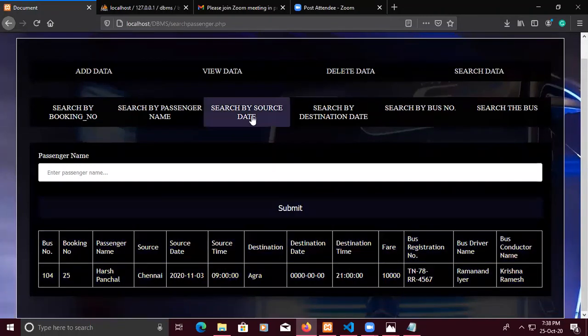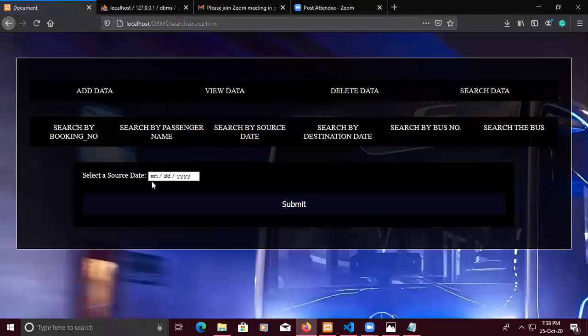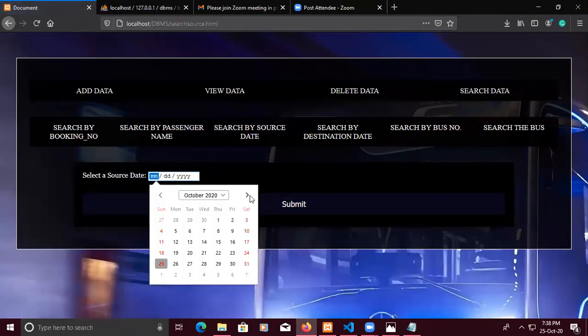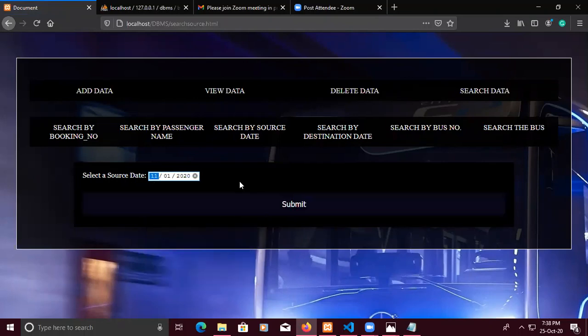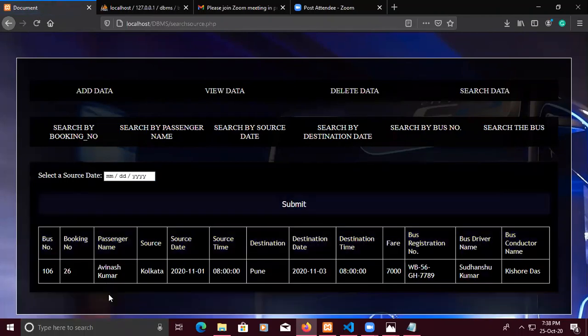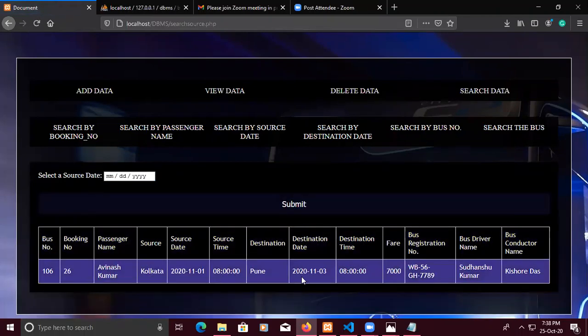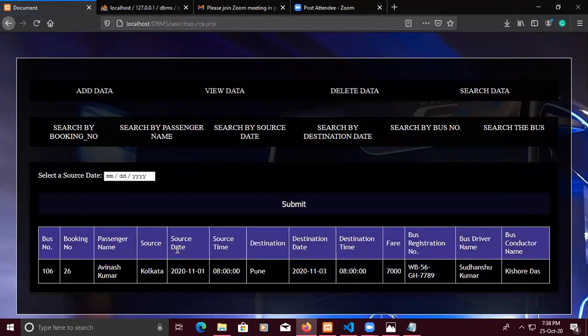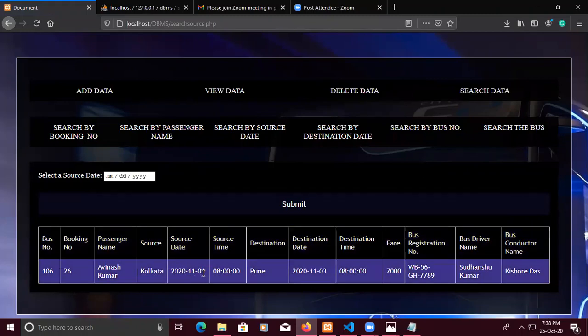There is also a search by source option. If the administration wants to know which buses have their source date on the first of November, there is only one, which is Avinash Kumar, and he has the source date on the first of November.